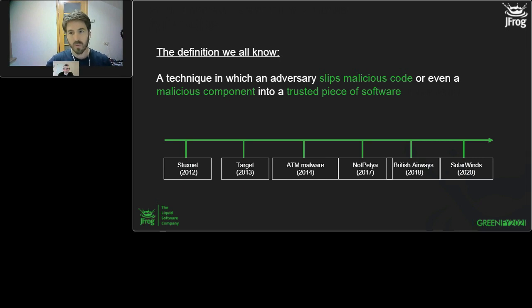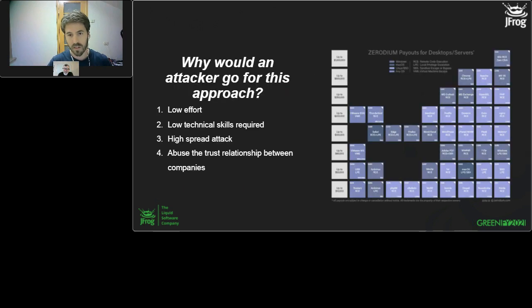So why do we see more and more of these supply chain attacks, and why is it a vector that we see more and more these days? It is because attackers and adversaries are essentially lazy people. They want to get into the network, into the target, with the least amount of work that would give them control in many